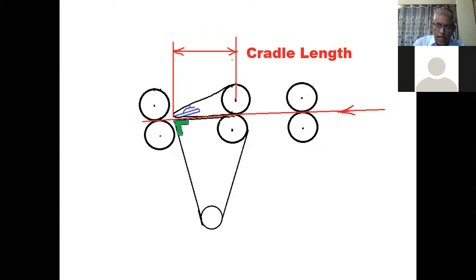So this is the cradle length which is to be used. The cradle will ensure that the fibers are guided up to the front roller nip, and floating fibers are less, and drafting waves are also minimum. If we use the proper cradle length, then we will get best results. If we use the wrong cradle length, if instead of short we use long, then imperfections and irregularity will be more.